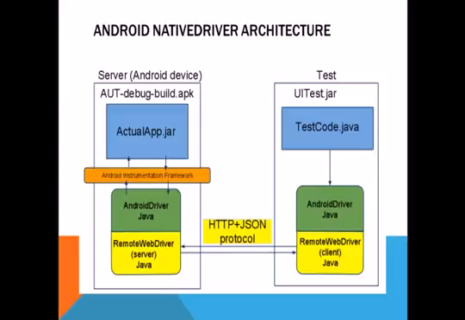This is the interacting party of the controller, and the same thing is also built inside the device, server or emulator. There is an Android driver in Java, and it also has another component, the remote WebDriver server in Java, but it's the server and the other is the client. So these two communicate with each other by HTTP or JSON protocol,